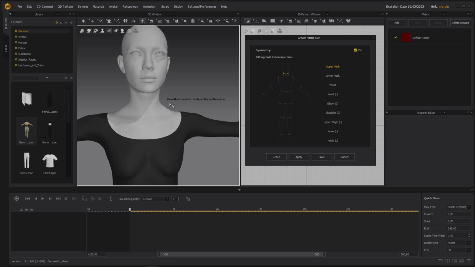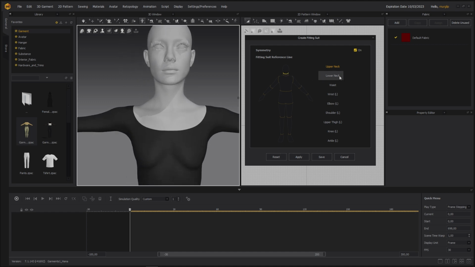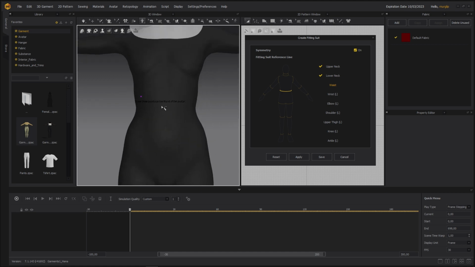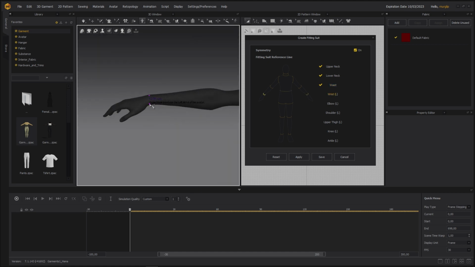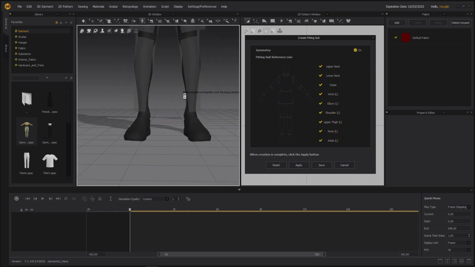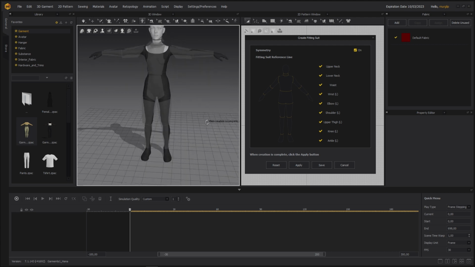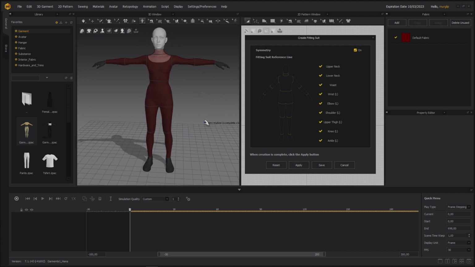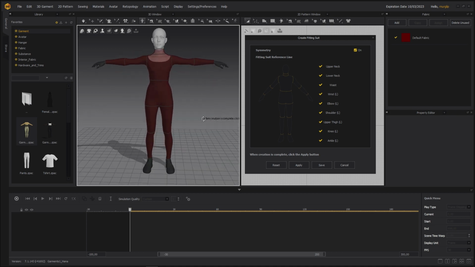So to create the fitting suit, simply click on the top one, click on one side, click on the other side, just get it roughly. Lower neck shows you the picture of where to go. So just roughly, waist, this is just very rough, but here is the fitting suit. Then you just apply and it creates the skin for you, and then you can just save it.